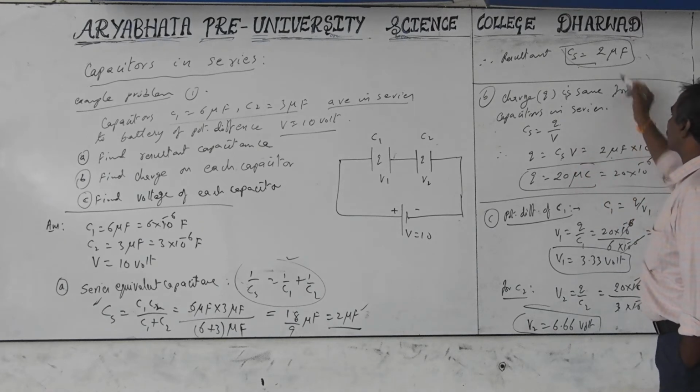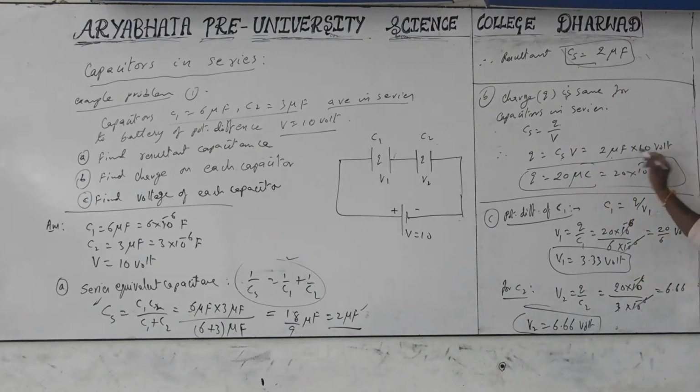C series is 2 microfarads and the potential difference is 10 volts. So 2 into 10 is 20 volt microfarads. But 20 is the charge, so the unit becomes coulombs, and the micro remains as 10 to the power minus 6. This equals 2 into 10 to the power minus 6 into 10. Farad into voltage is charge, in coulombs. So you get 20 into 10 to the power minus 6 coulombs. We can also represent this as 2 into 10 to the power minus 5 coulombs, and write it as the final charge.